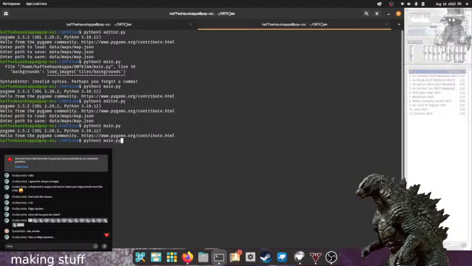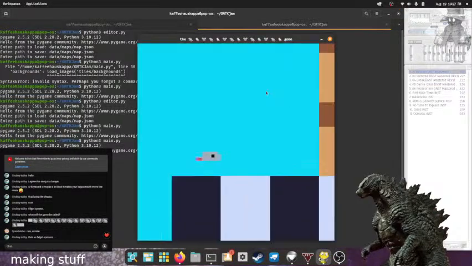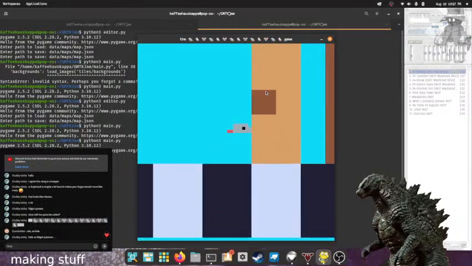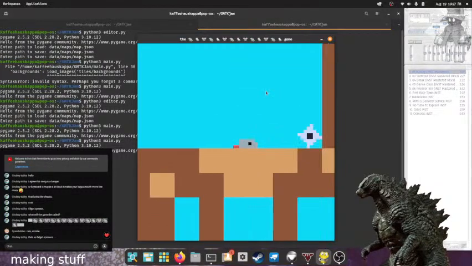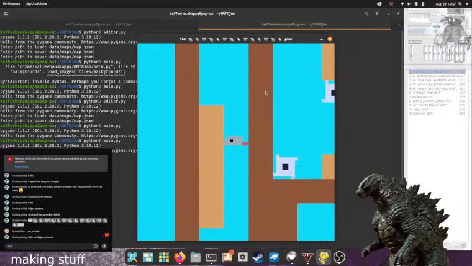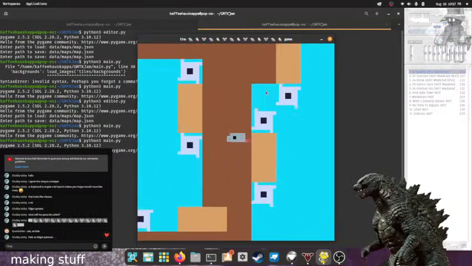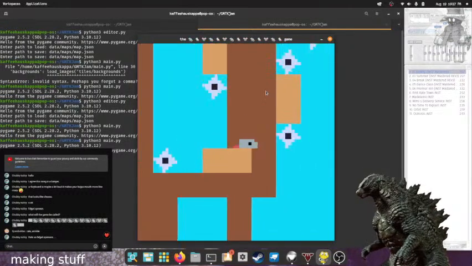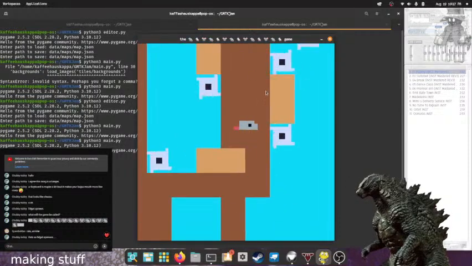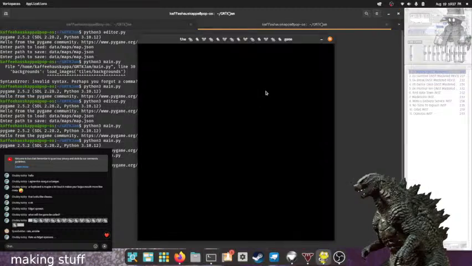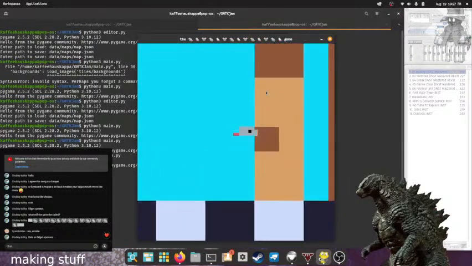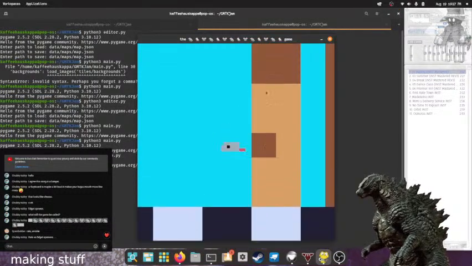So this is like precision platforming. I really should figure out how to do it over the screen. Oh, I almost had it. That's sick though, actually. What I got going on here is cool. I think this is a fun and interesting level.